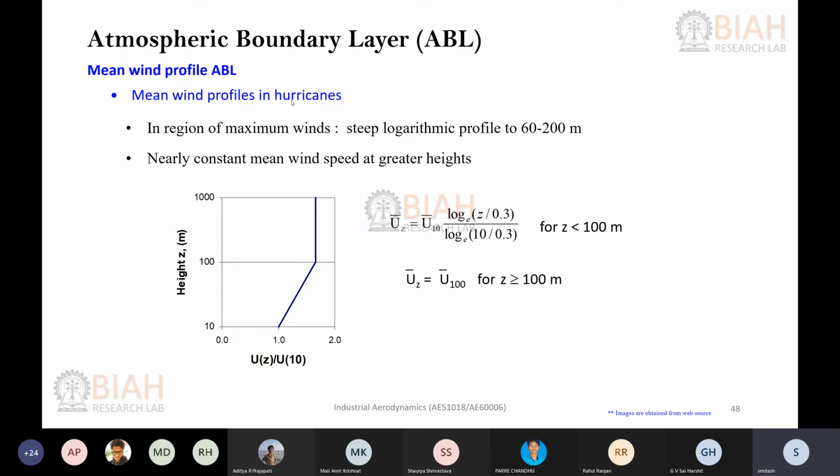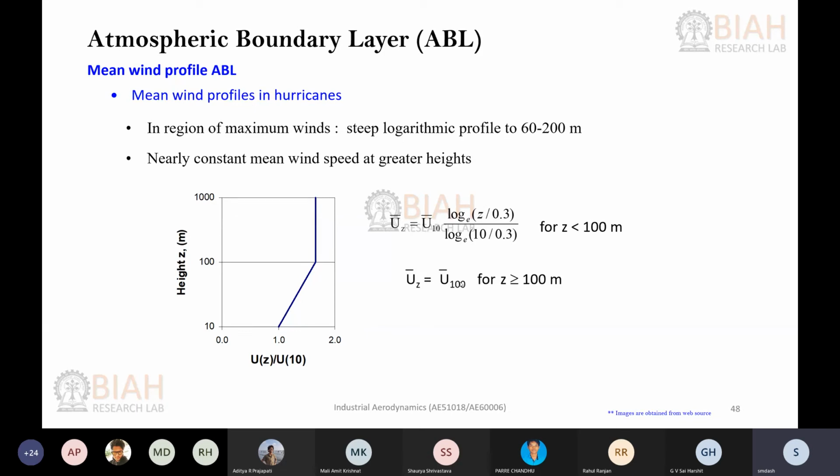And the mean wind profile for hurricanes. It is found that you can estimate the hurricane velocity values in this way. For a height less than 100 meters, you can use the log profile as shown here. Particularly, Z0 is taken as 0.3, and with a reference velocity value, I can have this equation. This is the same equation we have seen earlier. It is a logarithmic profile only,